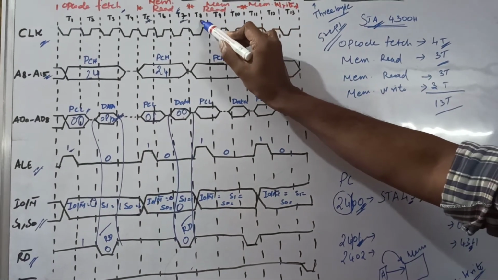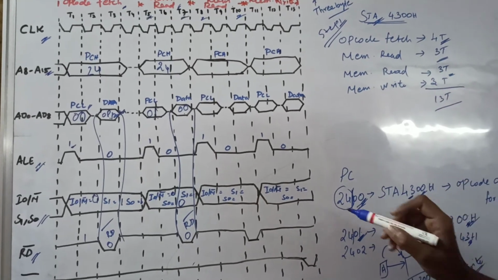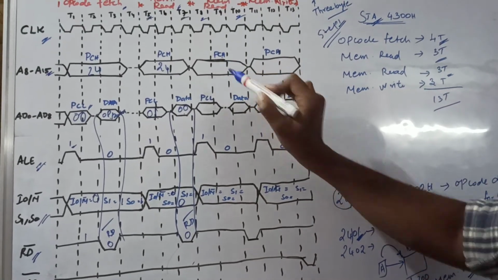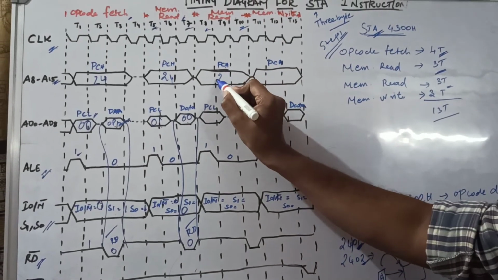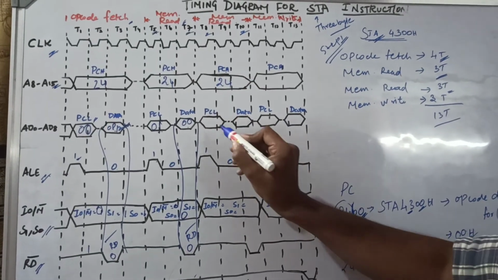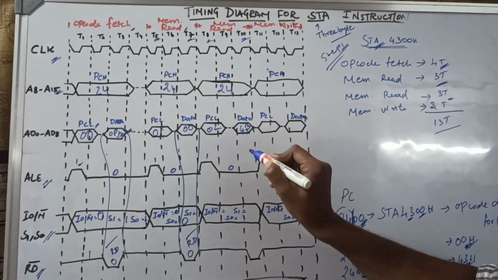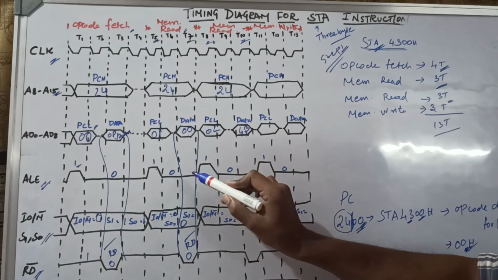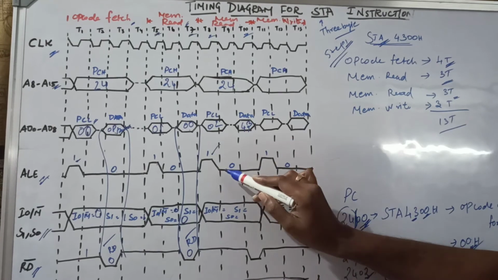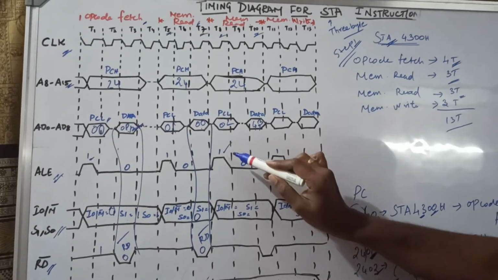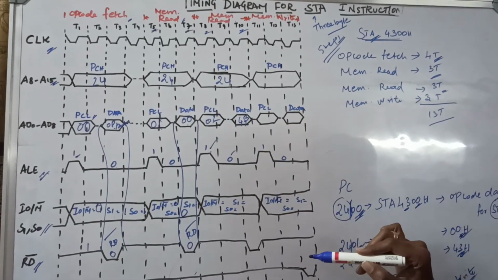Then next, T8 to T10. It's also a memory read function, so here also we use 3 time cycles. Next you can read the program counter higher order address location. Consider the memory location is 2402. The program counter higher value is 24, the lower value is 02, and the corresponding data is 43. Here you write 43. Likewise, the ALE signal is at a high level only in T8. For the rest of the time it goes to 0. In this case, you can read the program counter lower order address location, and then you can read the data.